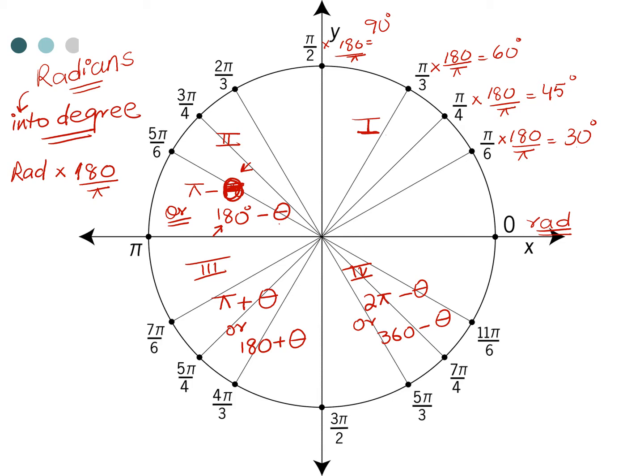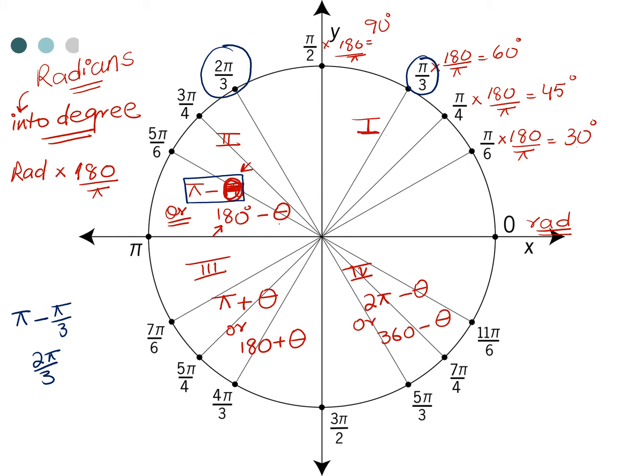So now for example, this is pi over 3. Just to explain how we can jump from the first quadrant to the second quadrant, let's take an example of pi over 3. So pi over 3 is in my first quadrant. I want to jump into the second quadrant. I will use my formula pi minus theta. So pi minus pi over 3 gives me 2 pi over 3. So you can see that the reflection of pi over 3 in the second quadrant is 2 pi over 3.